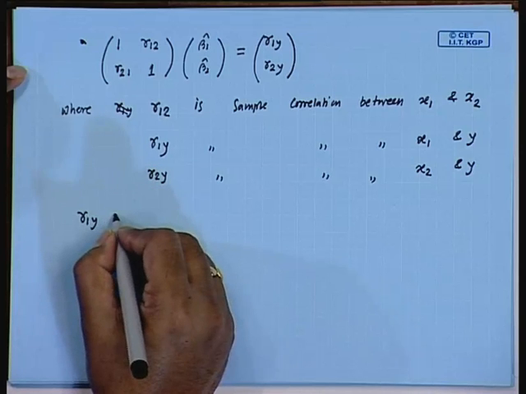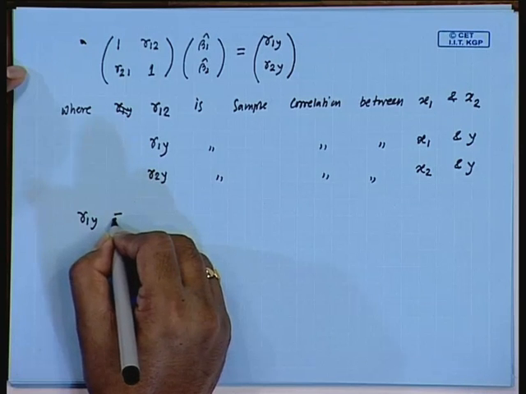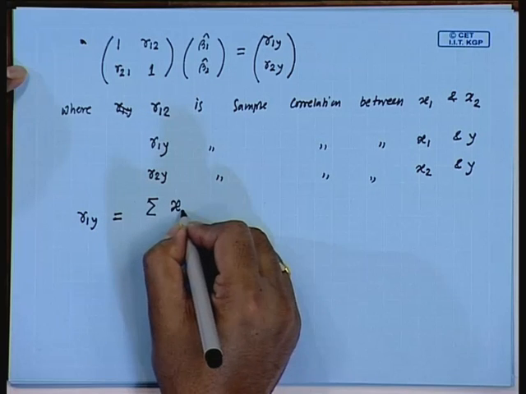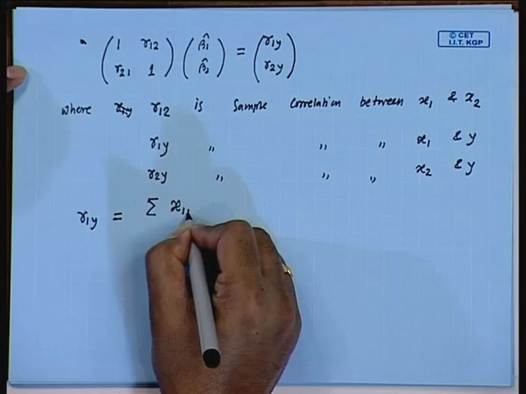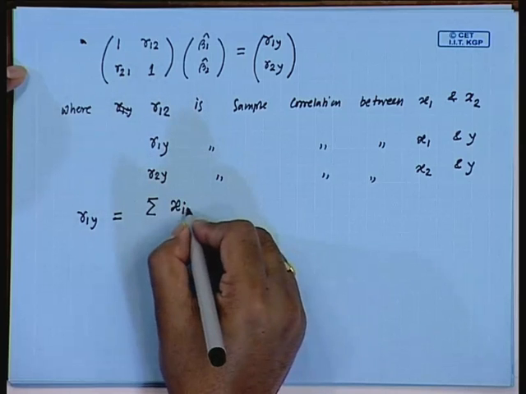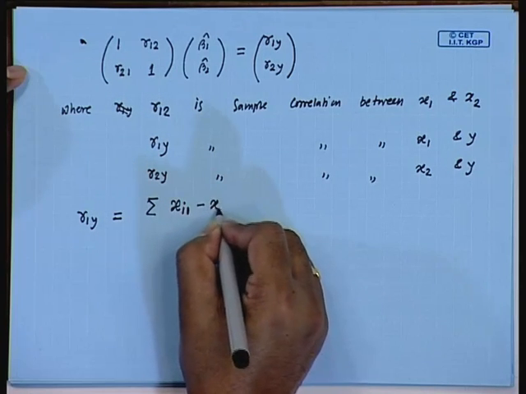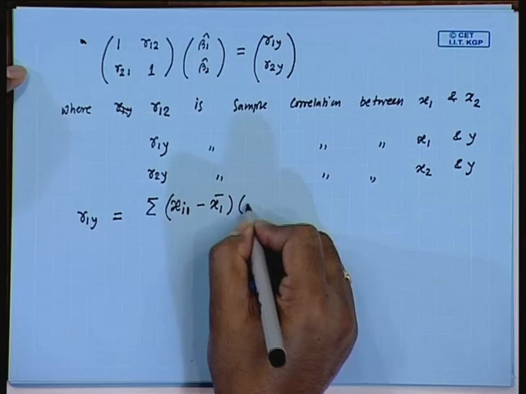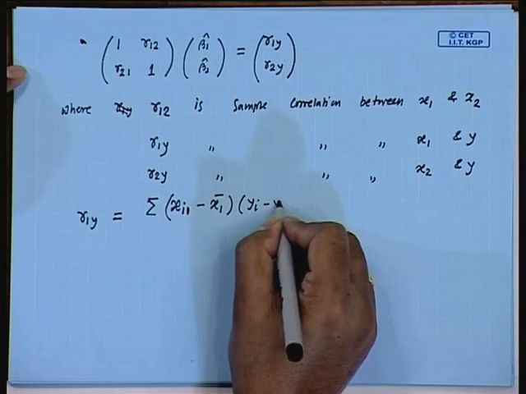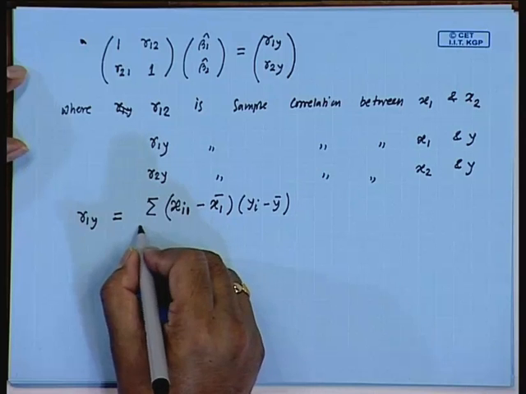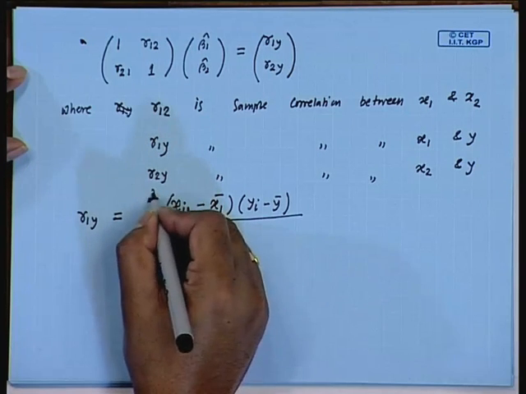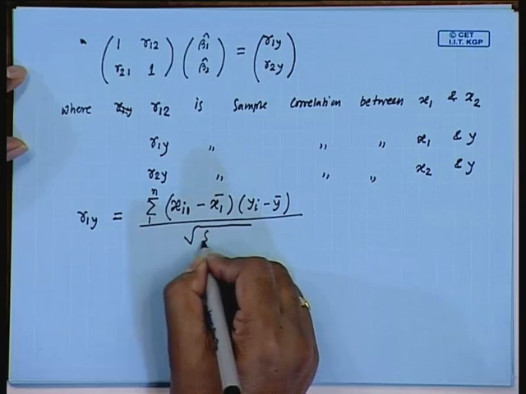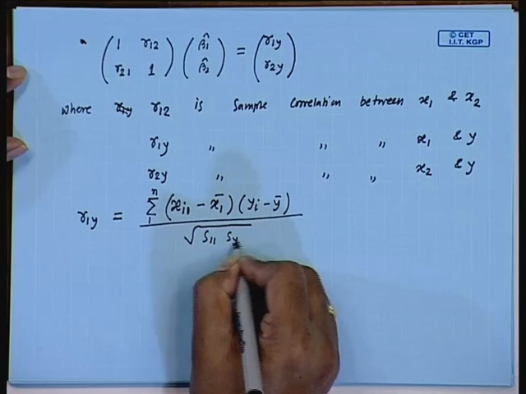R1y is equal to sum of xi1 minus x1 bar into yi minus y bar, i from 1 to n, over root of S11 Syy,